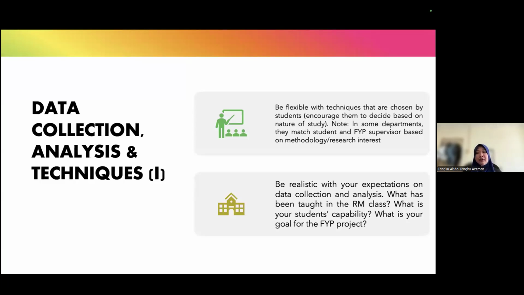So what is your goal for the FYP project? Again, it depends on the students' motivation for taking FYP. Some of them want to get a good job, so their project may be geared towards what's current in the industry. Some of them want to get an academic job, so their FYP is very theoretical, for example. So you can consider the goals for the FYP, and this should be negotiated between the supervisor and the student. And sometimes we do have cases where students don't know what they want to do.